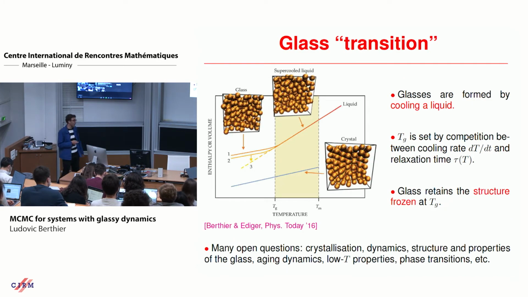So the problem is how a liquid, when it's cold, transforms into a glass, such that you can make window glasses, for instance. So you know that for simple mixtures, if you cool a liquid, and try to find the pointer, if you cool the liquid, then